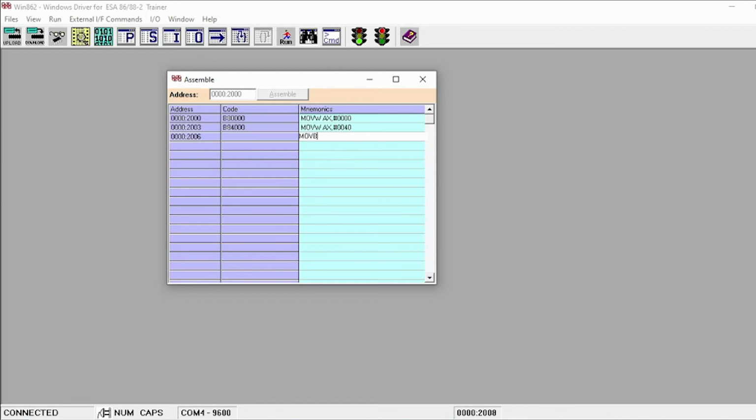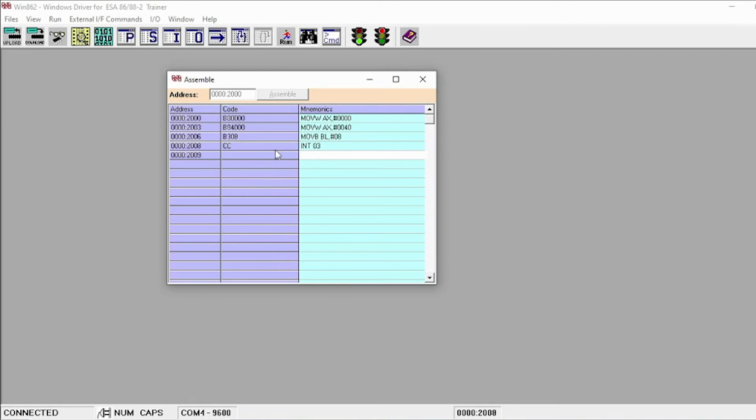MOVB BL, #08. In these AX and BL registers, one value I am taking is the dividend and the other is the divisor. And the last instruction is INT 03.